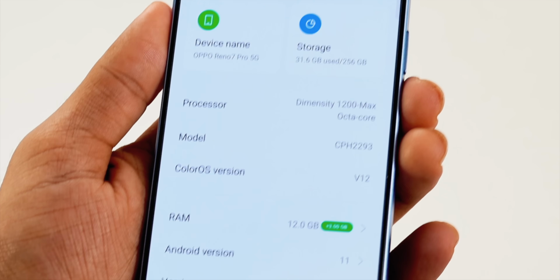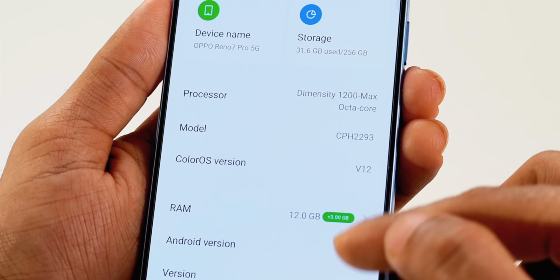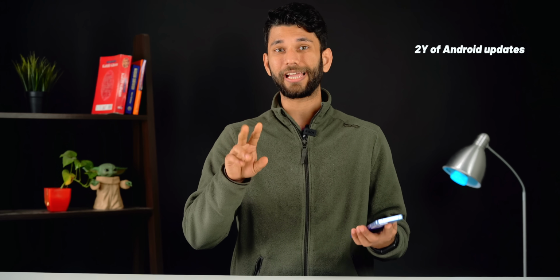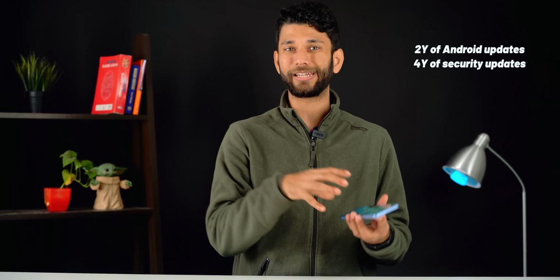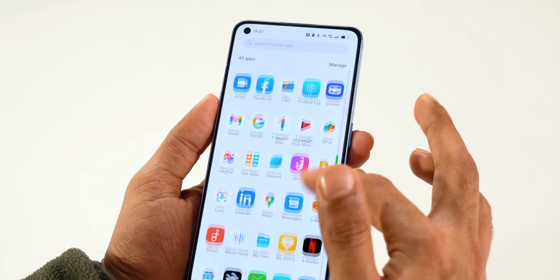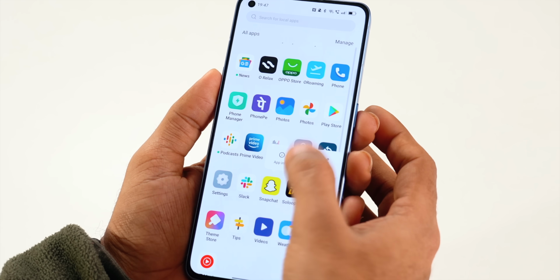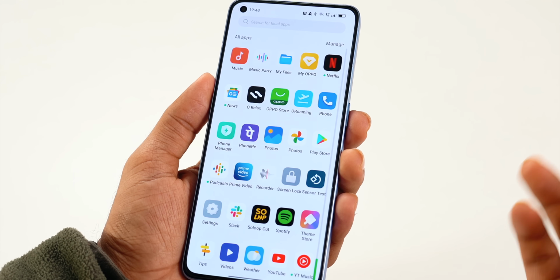Finally, software is somewhere where things are a bit tricky. See, you get ColorOS 12, which is the latest, but it is based on Android 11. Now, one thing to say is OPPO gives you 2 years of Android updates and 4 years of security updates on Reno series. Now, there is no ad in the Reno series. You get few bloatware which can be easily uninstalled, like we mentioned in the unboxing of the phone. And since everyone is going with Google Dialer, you have...